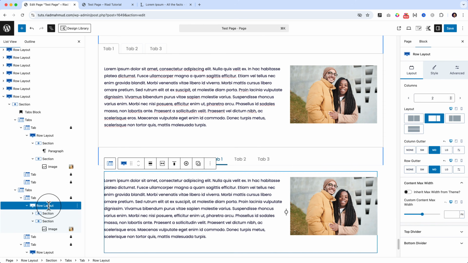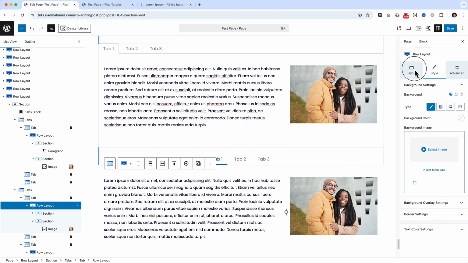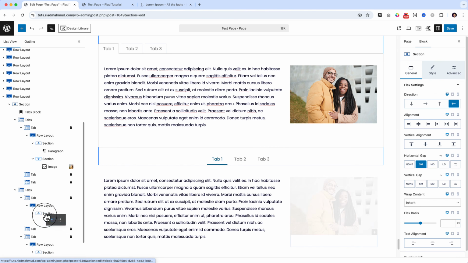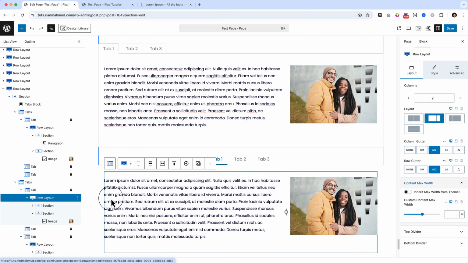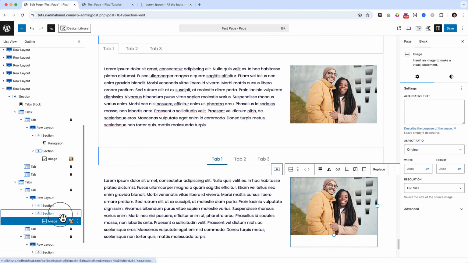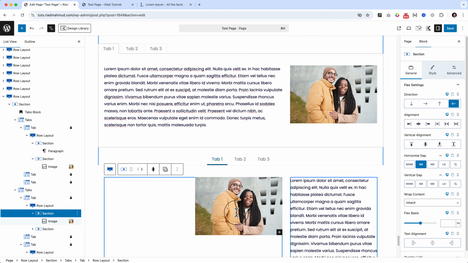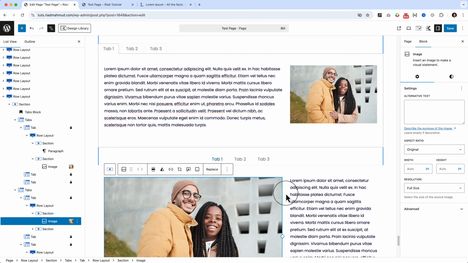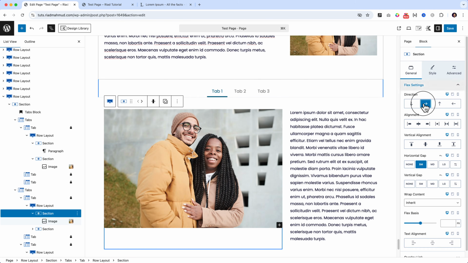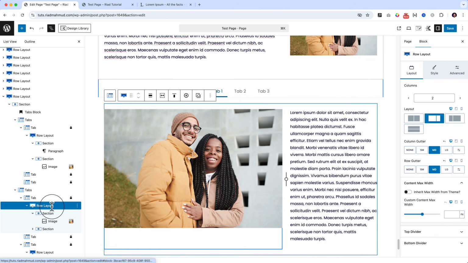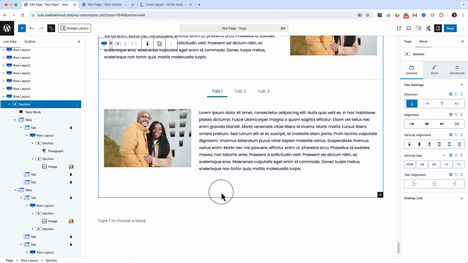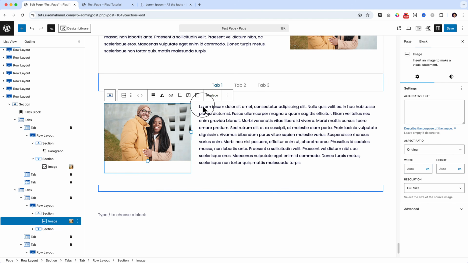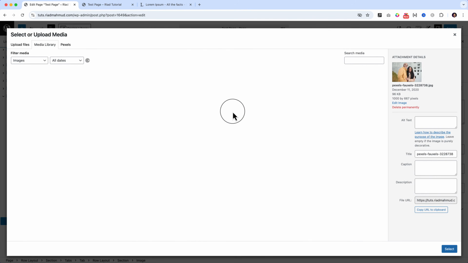Select the row layouts and change the direction first. Adjust the flex settings here like this one,